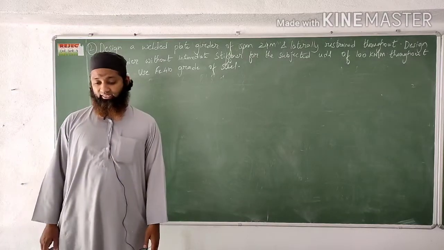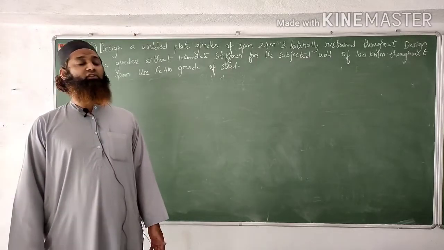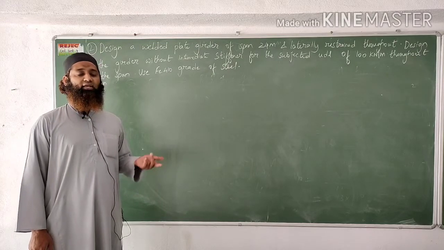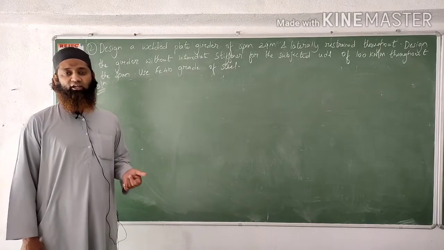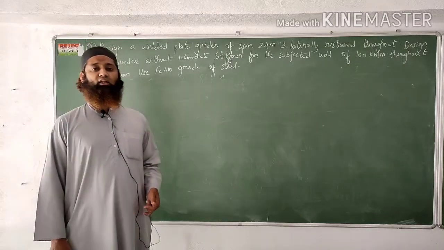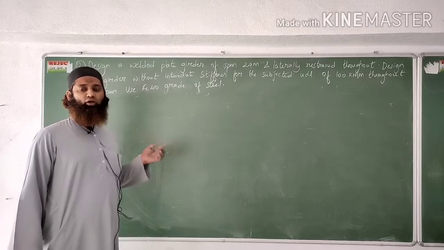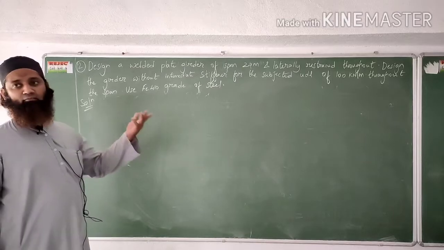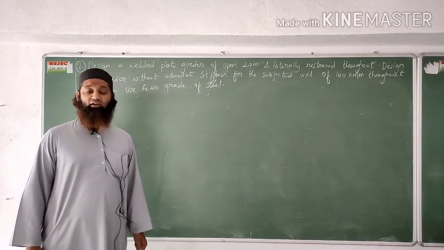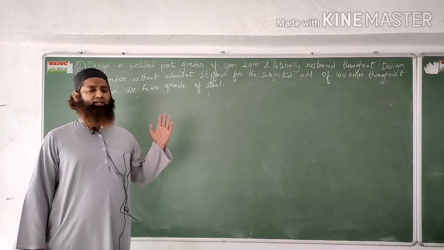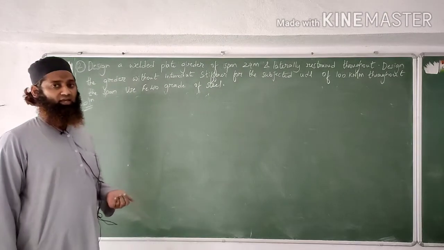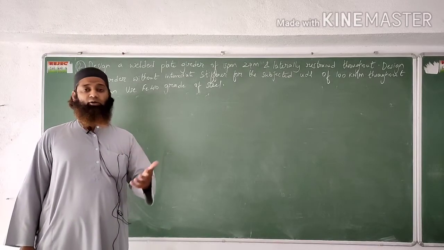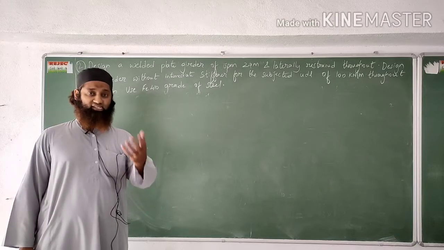In step 3 we'll be designing the web. In the web we design the depth as well as the thickness of the web. The depth of the web dW is given by Mu into K by Fy to the power of 0.33. Mu is the maximum bending moment we had got, and K, as I had told you, we have to assume. In the previous problems I had assumed it as 150. In this problem I had assumed it as 180, to show you what is the difference when the K value changes, what will happen to the web, and whether it is capable of resisting the shear.